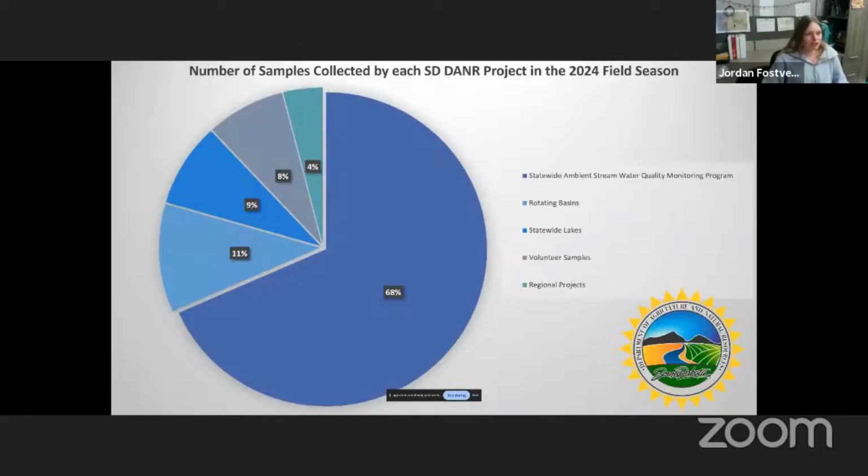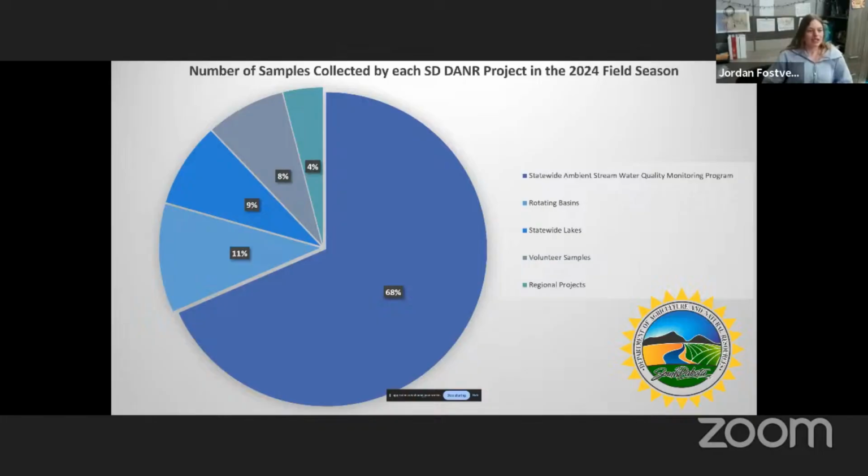First, this is just an overview of a lot of the projects that are run through the South Dakota Department of Agriculture and Natural Resources, and the amount of samples they collect by the 2024 field season. The main project that we get 68% of our monitoring data from is the statewide ambient stream water quality monitoring program. They collect over 1,700 samples per season, so that is a lot of data, and we're very grateful to